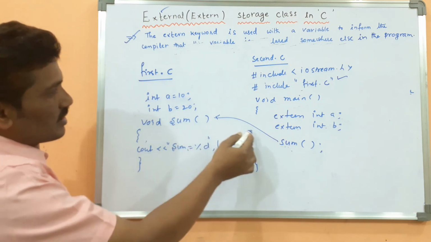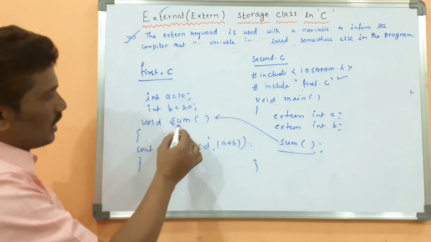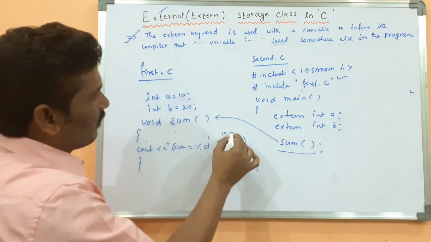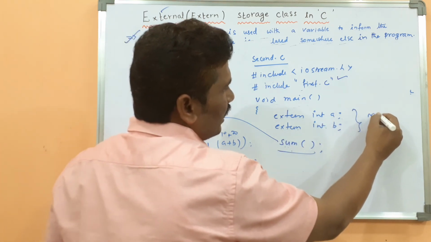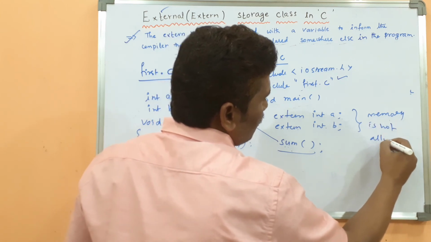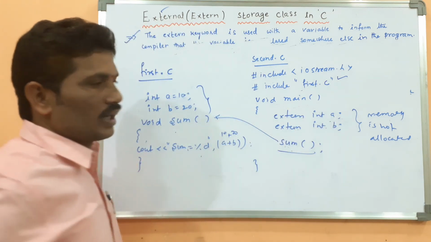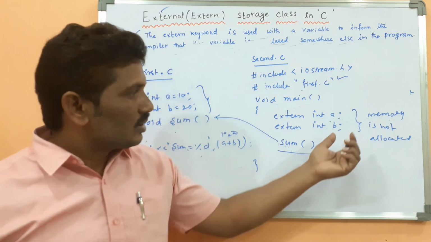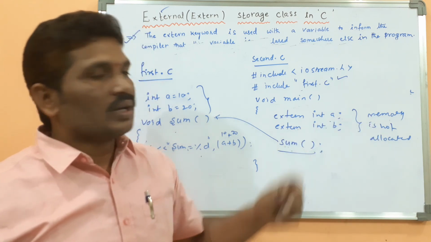The sum is where the sum is defined here. When you call that function, the control comes to here. Then sum equal percentage d, A plus B. What is the A value? 10. What is the B value? 20. But memory should not be allocated here, because memory is allocated for them in the other file, and external variables mean they are defined somewhere else. That's why you can also save memory for these variables. The memory should not be allocated.